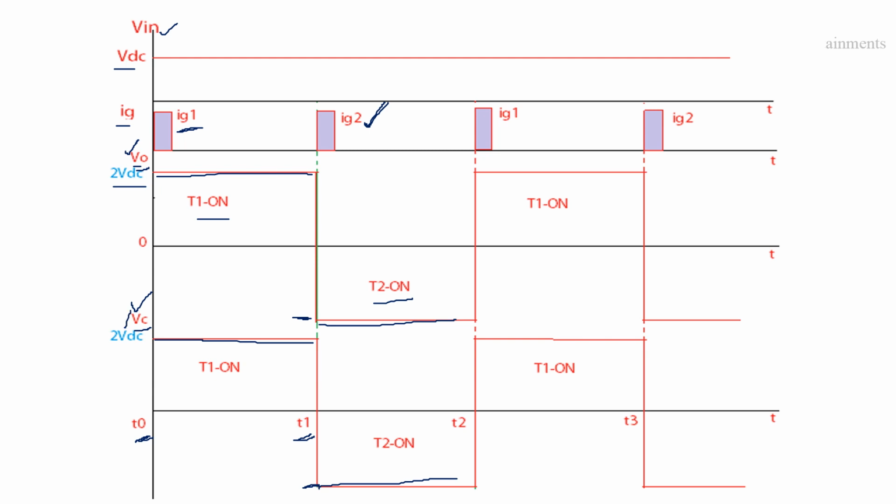Again, after complete charging of the capacitor in the opposite direction, at time t is equal to T2, we are going to give the gating pulse again to thyristor T1. So due to the conduction of thyristor T1, we get plus VDC as the output voltage. Similarly, plus VDC as the voltage across the capacitor. Again at time t is equal to T3, we apply the gating pulse to thyristor T2. The same cycle repeats for the remaining time intervals. These are the waveforms according to the above analysis of parallel inverter. This is the concept and working of parallel inverter.